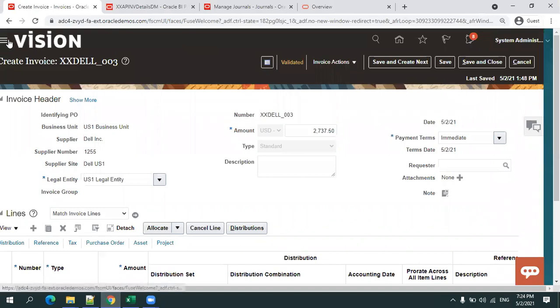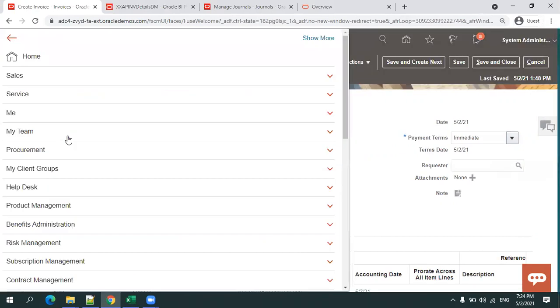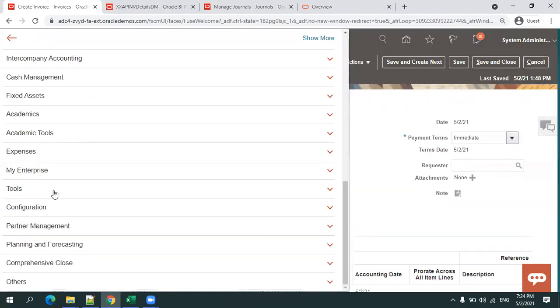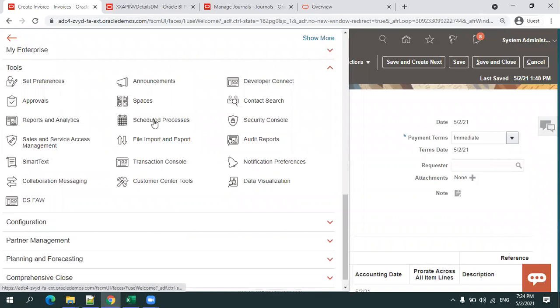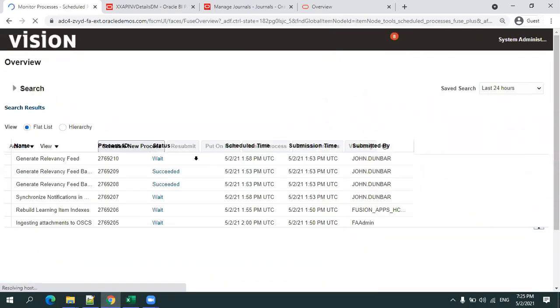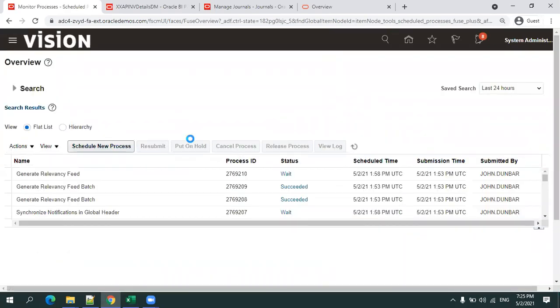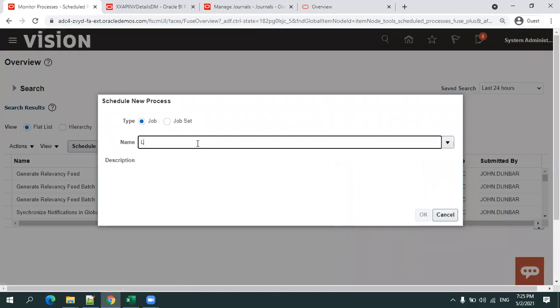Next thing we have to do, we just need to go to tools, schedule process, load interface file for import.